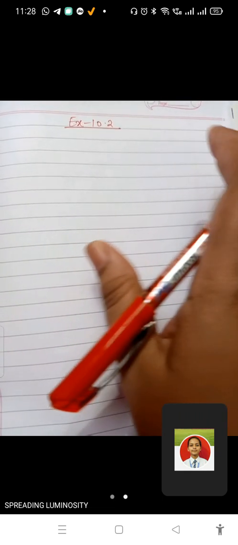Congruent means exactly of the same type. We can compare it with similarity also, but till now you have not studied any topic related to similarity. In class 8 you have not studied about similarity. So here I will explain only the congruency. Congruency means exactly the same type, same size, everything should be the same. I gave the example of a photocopy.